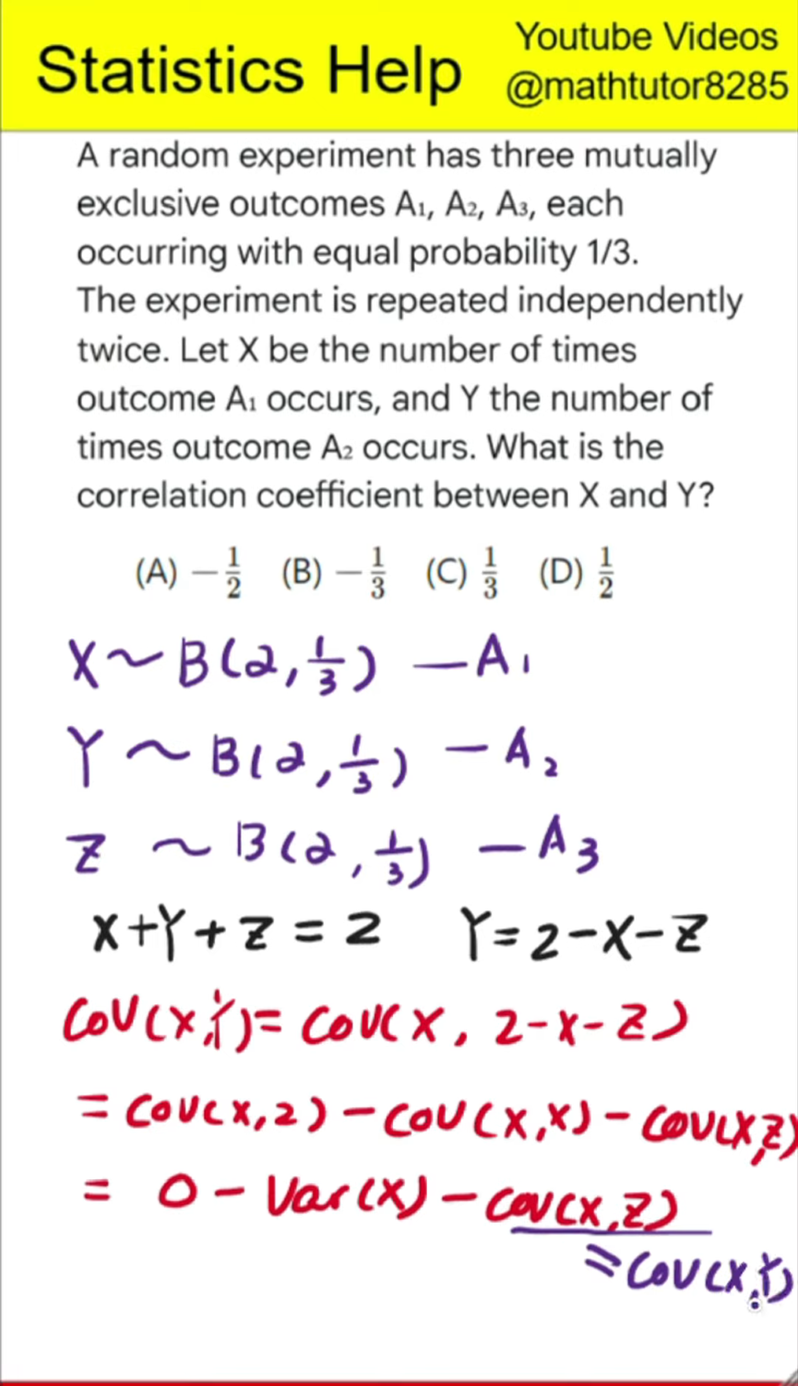Here's the key insight. By symmetry, the covariance of x with y is the same as the covariance of x with z. So we can replace the covariance of x and z with the covariance of x and y again. Now we solve. Covariance of x